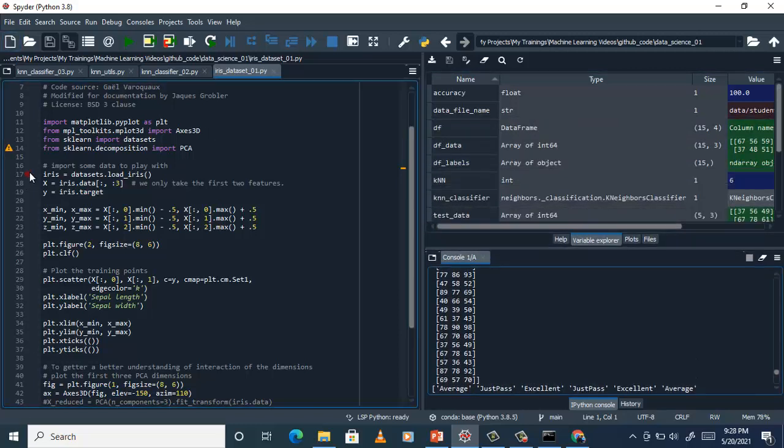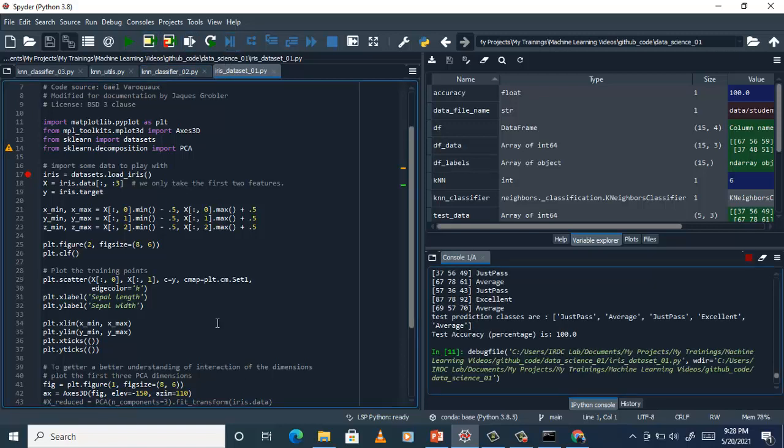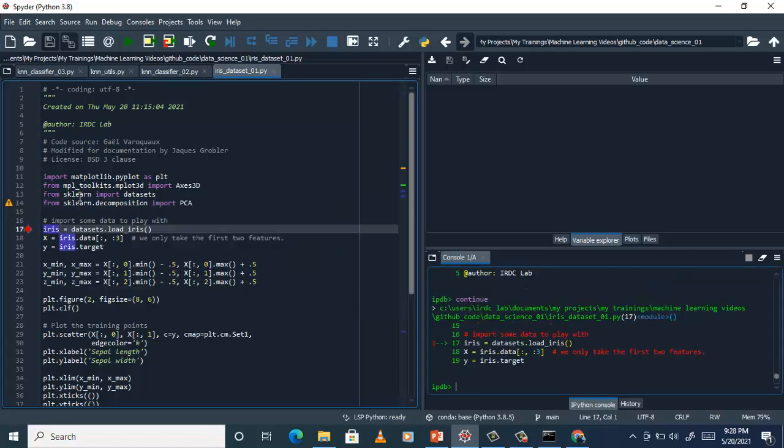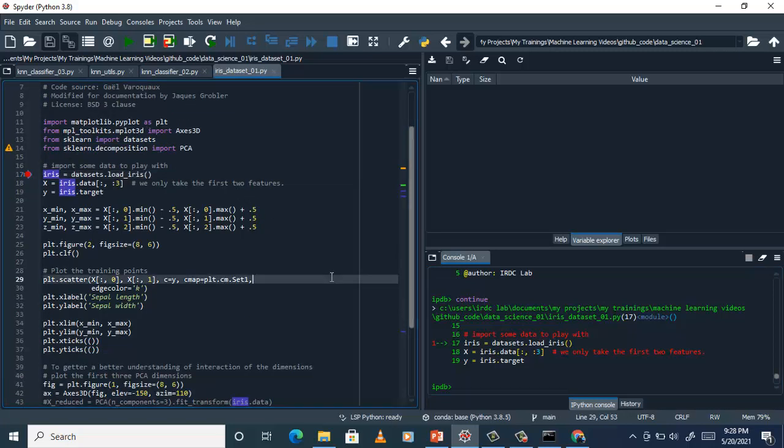Okay, so let me put this in debug mode. Here we have more libraries like matplotlib.pyplot as plt. This is not useful at this moment, so we can even comment that out. Then sklearn, which is scikit-learn, we have already seen in the last-to-last video. And then there is a 3D plot also. Okay, so if you see that